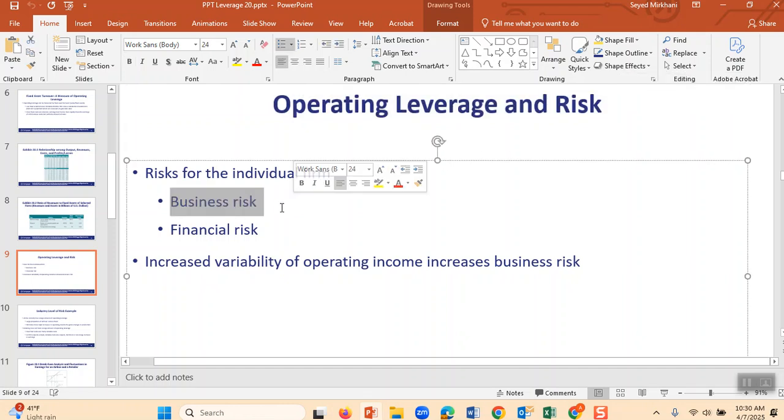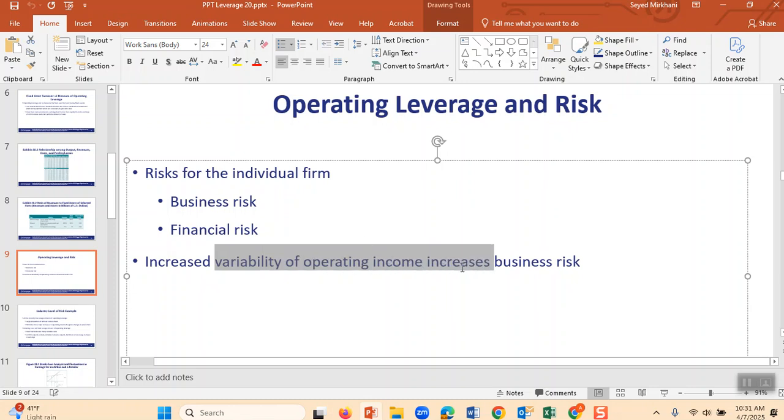Business risk is there. You know what it means? Do you remember when Corona came and the restaurants had to close? That's a business risk that we are taking. And of course, it's not specific to a restaurant. It was economic risk, and also it has financial risk. Financial risk is when he cannot pay his obligation, and it increases the variability in operating income and increases business risk.